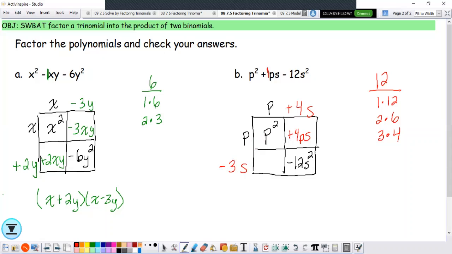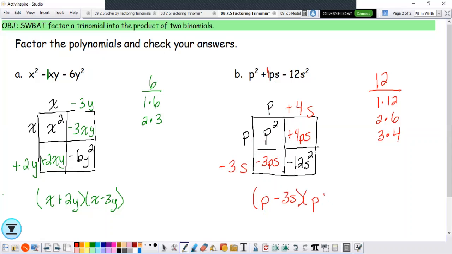A negative 3s times p is a negative 3ps. When I combine these two terms, I do get a positive 1ps. And positive 4s times negative 3s is a negative 12s squared. So we have factors of p minus 3s